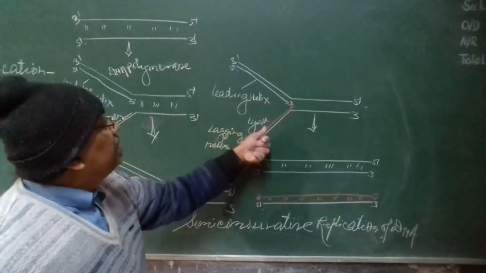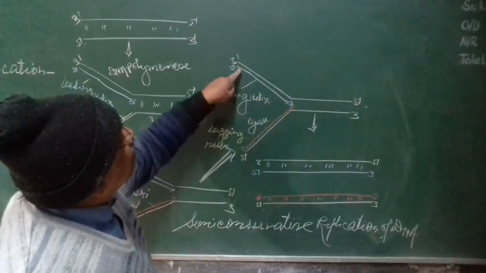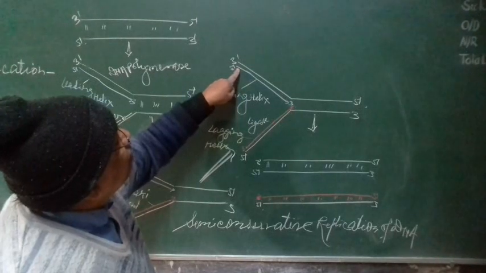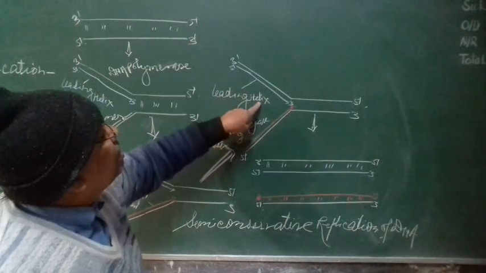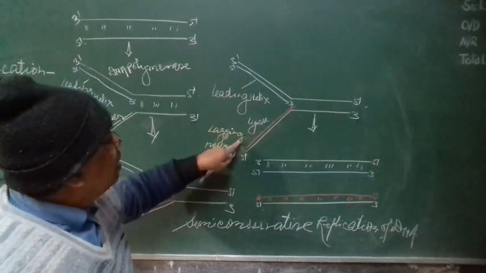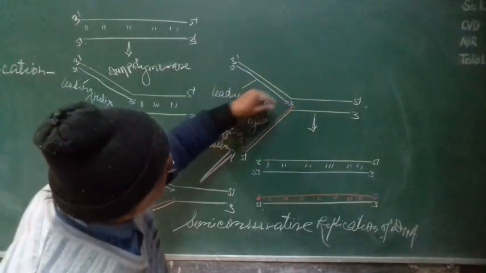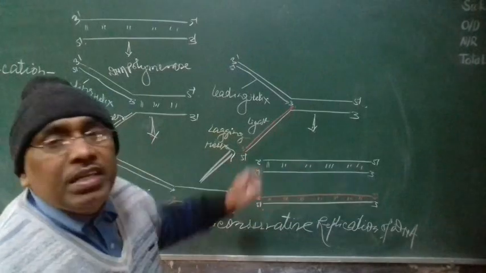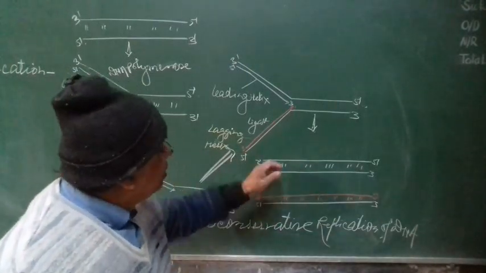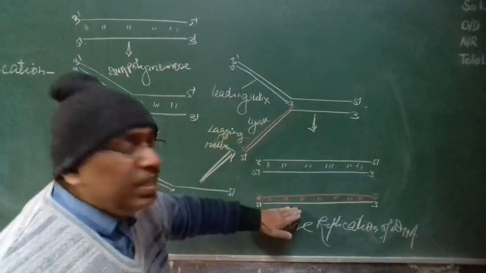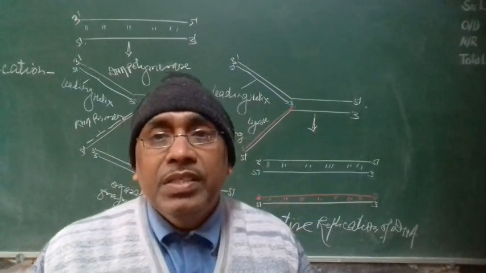So this is called the lagging helix, meaning discontinuous helix, because here oligonucleotides get arranged in 5 to 3 direction and get joined in the presence of ligase enzyme. And this helix has continuous elongation in 5 to 3 direction in the presence of DNA dependent DNA polymerase enzyme. So this is called the leading helix, but here this is the lagging helix. Ultimately one DNA produces 2 DNA, and each DNA contains one old helix, one new helix. That's why this is called semi-conservative replication. Thank you very much.